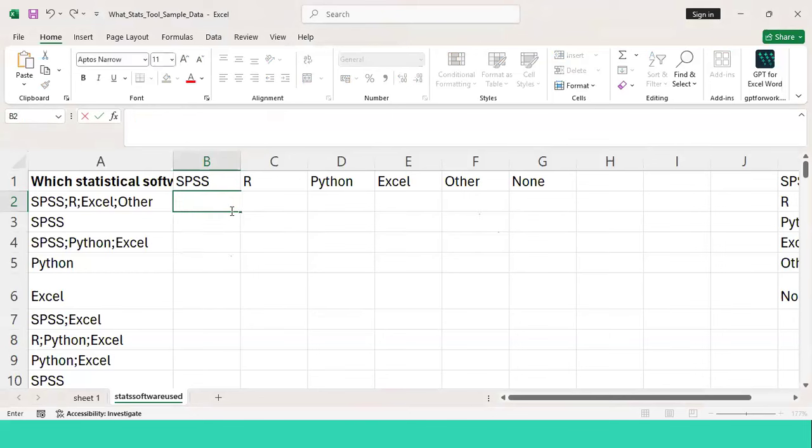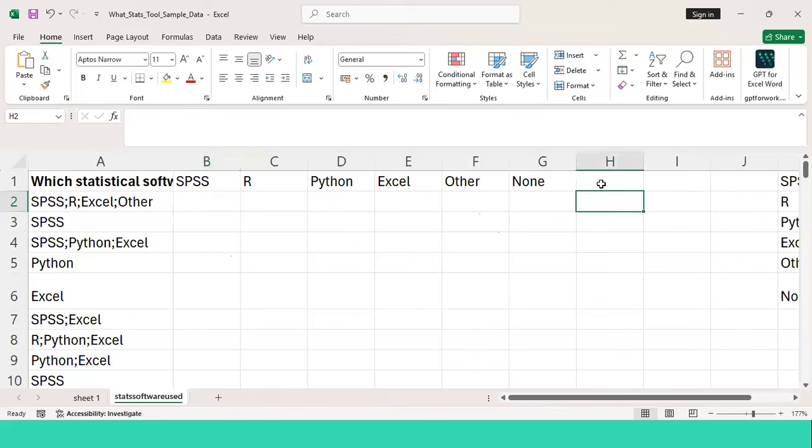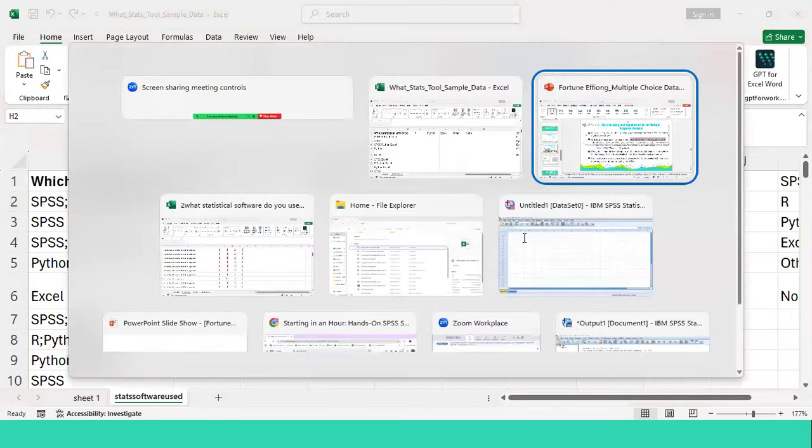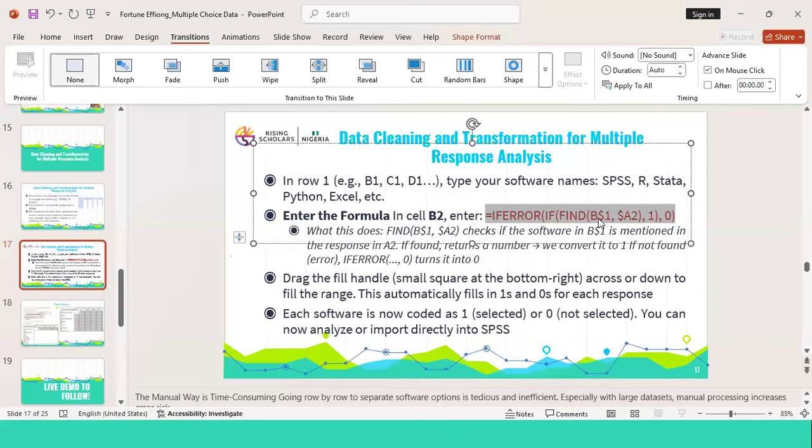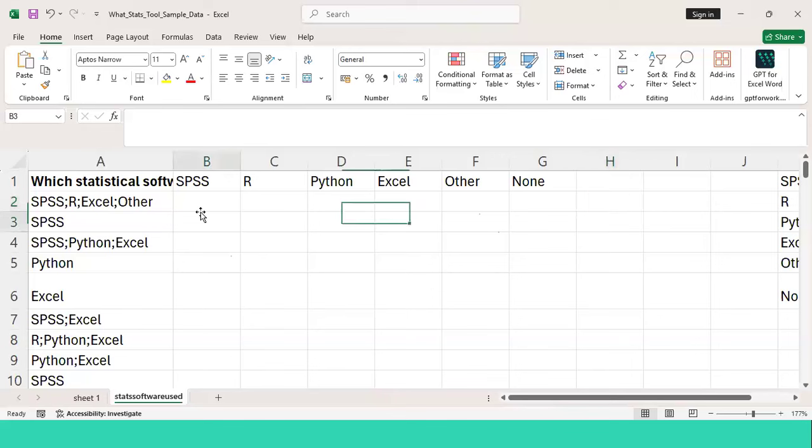But you see, this formula works because the first column is A, and the second column is B, right? And we're starting with cell B2. So if you are doing something different, let's say you want to use H2, you have to edit that formula to reflect that. Where you have B, you put your H, and maybe A2 or whatever be the case. But what the formula is simply saying is that